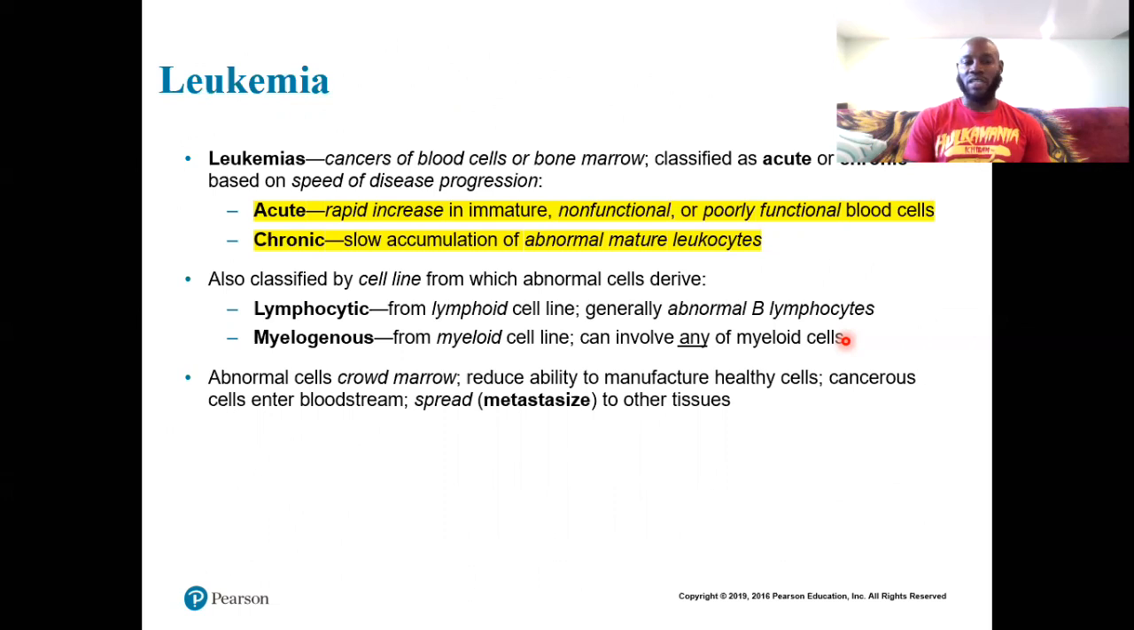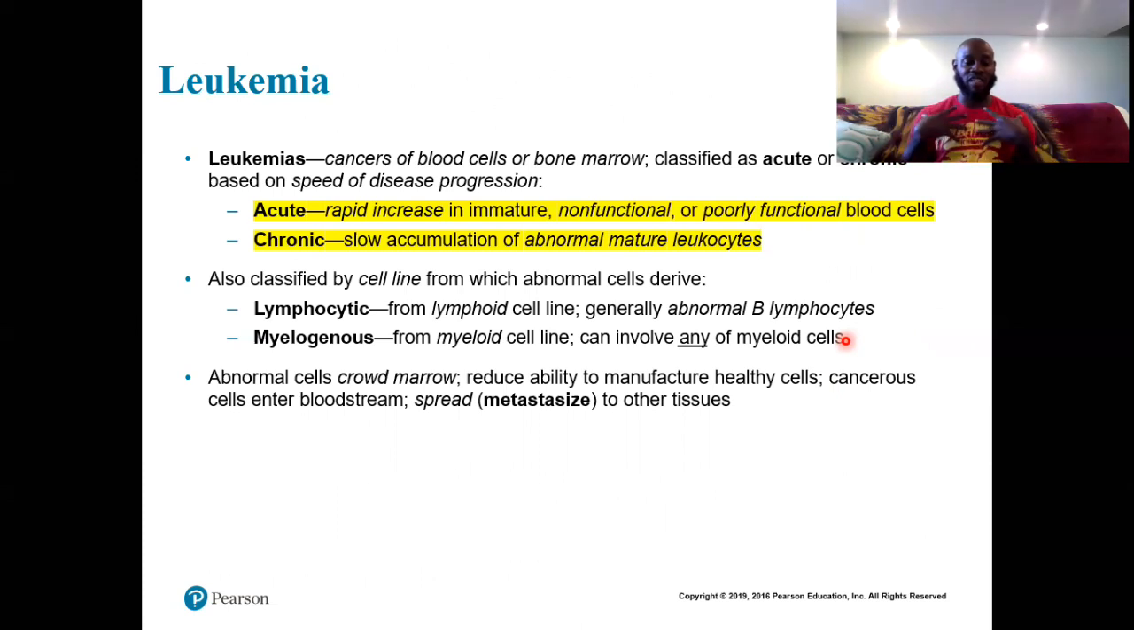Can be very dangerous. Abnormal cells can crowd your marrow, reducing your ability to manufacture healthy cells. Cancerous cells can enter the bloodstream, and remember, your bloodstream is connected throughout your whole body. So now those cancerous cells can spread to other parts of your body and cause cancer to grow, metastasize in other parts of your body. So it can be very, very dangerous to have